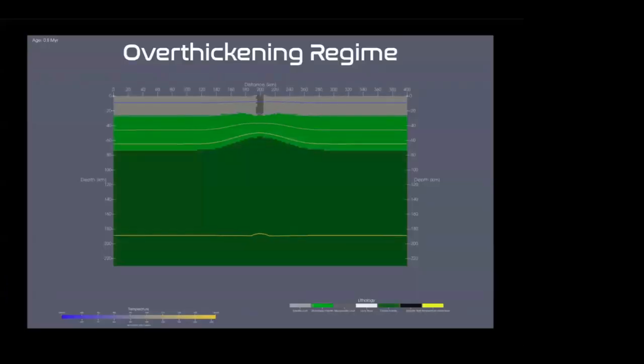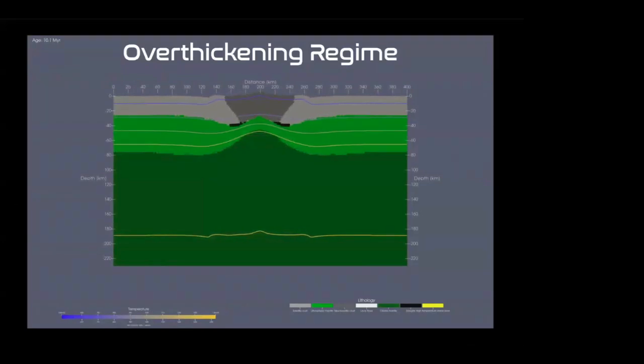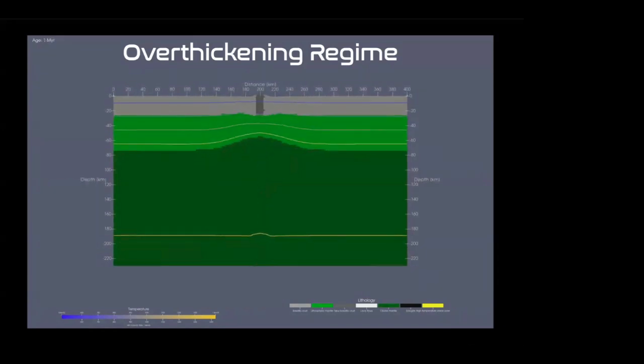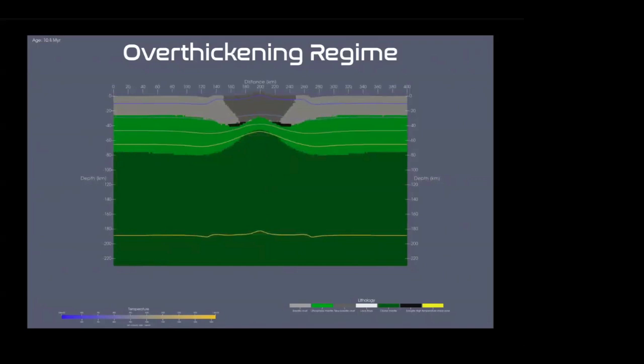Now, the over-thickening regime. And this is why I brought up the Coronae earlier. If you end up in a situation where you are adding more material than you're creating accommodation space, what ends up happening is that you over-thicken the crust. The root of that crust transitions into eclogite phases. And because eclogite is a lot denser and a lot weaker, it collapses down into the mantle, and you get this topographic inversion